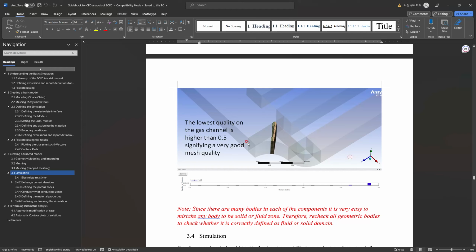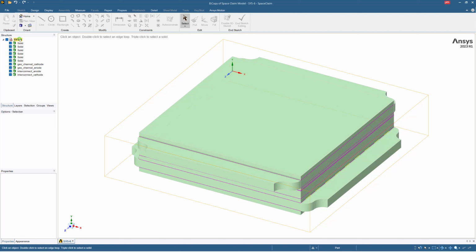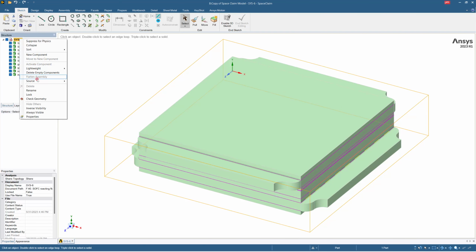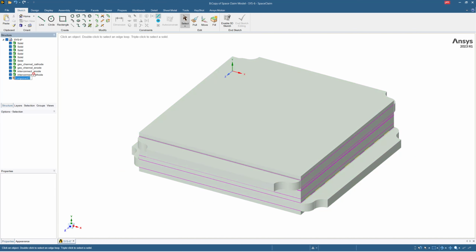So the bodies that we need to divide in order to continue with the map meshing are the gas channels and the interconnects. Because we'll divide them into multiple bodies, it is better to have different components for them, not just a single component. So we will add a new component, and let's call it interconnect